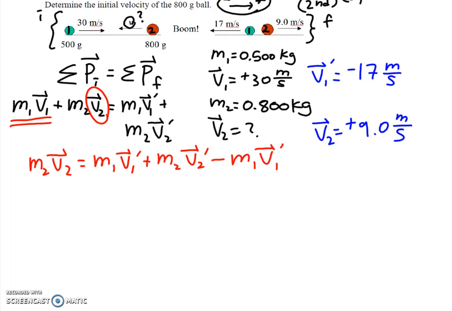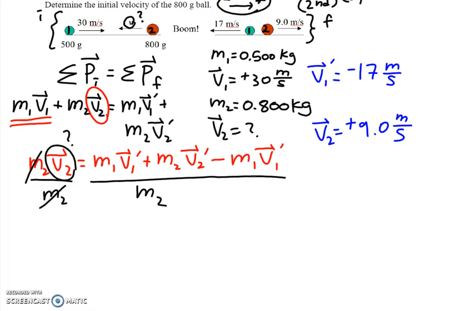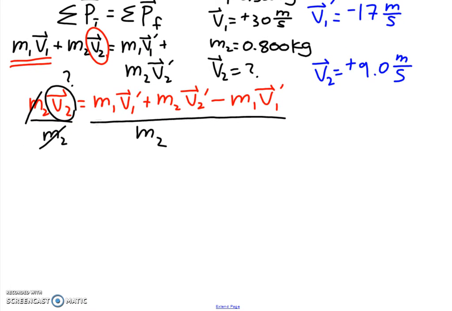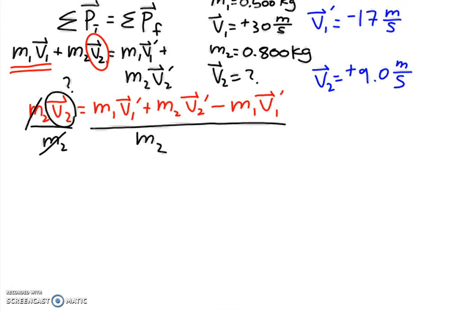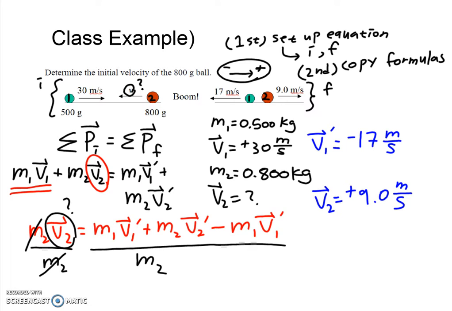Now we don't want mass in here anyway, because we're interested in finding the velocity of the second object. I'm just going to divide everything by M2. And on the left side, since you have a repeating variable on upside and downside, whatever you want to call it, they're going to cancel each other. So that's my second step. Now my third step, which is one of the last ones, third step